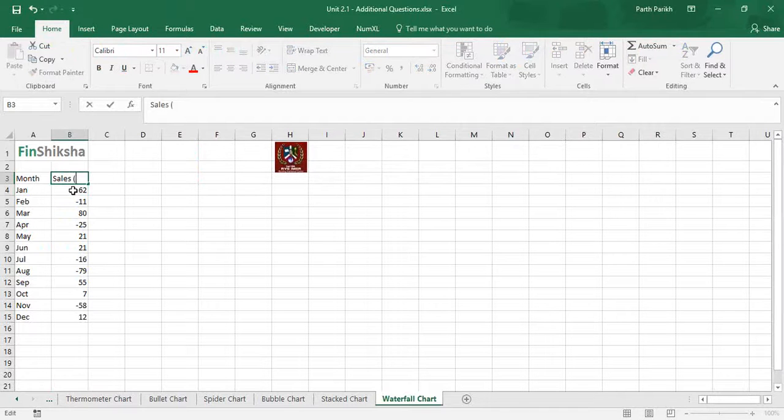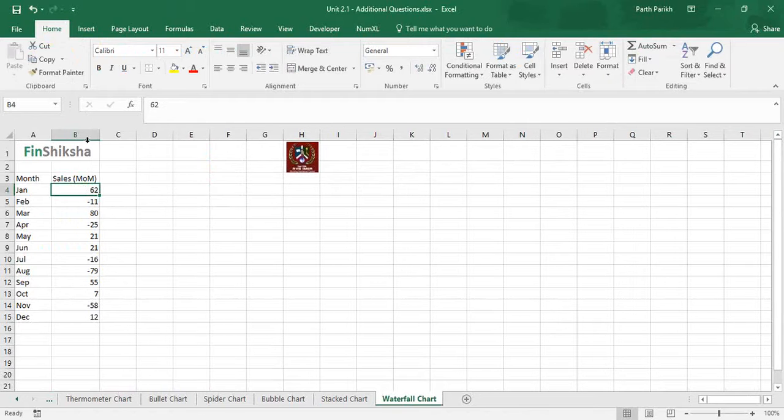You can write it over here: this is month on month. So it's not like February had minus 11 as sales. February had 51 as sales, which is 11 less than 62. So this is the depiction, and this is the accurate interpretation of the waterfall chart. In the newer versions of Excel,